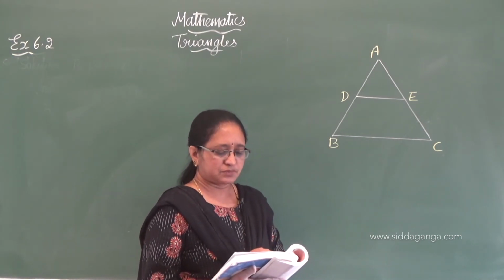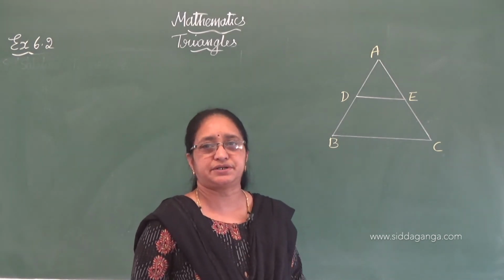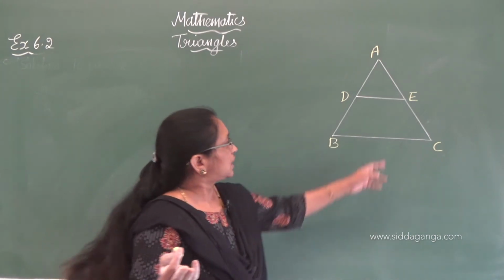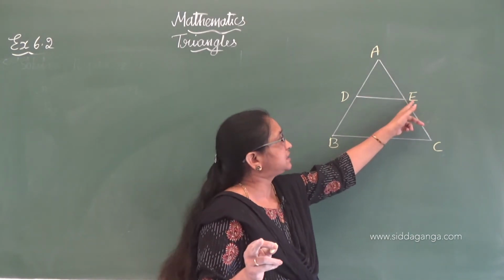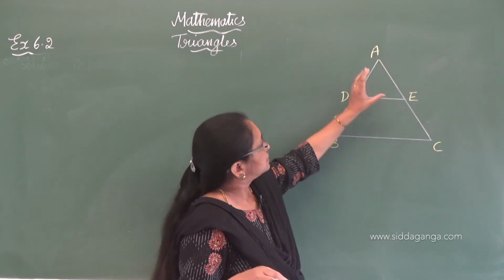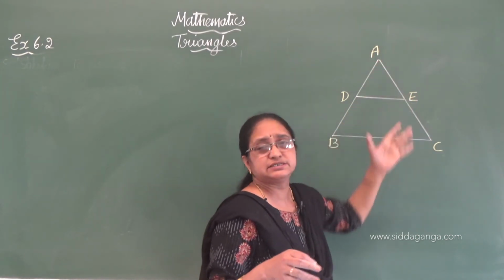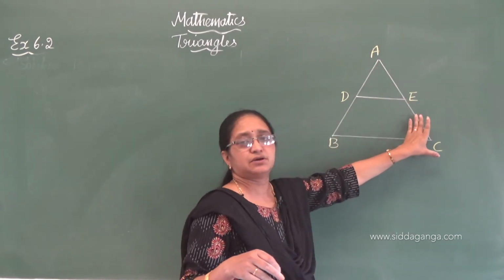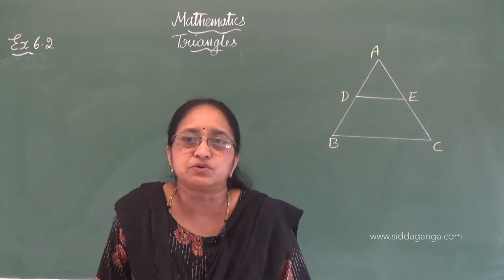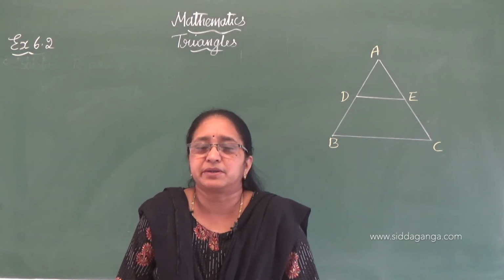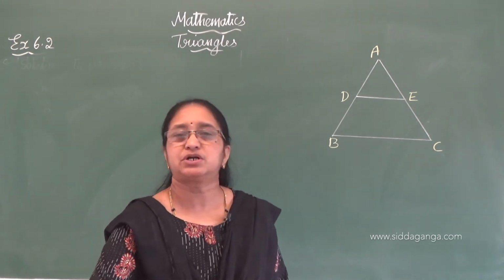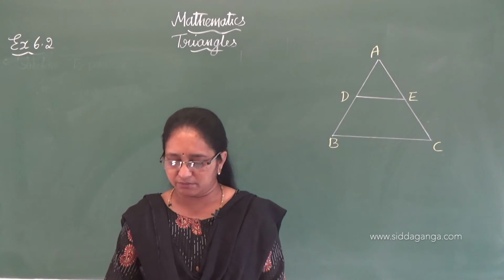Then see here, it bisects the third side. Bisects the third side means here, what is that? That is nothing but you have to prove that E is a midpoint of AC, or you can say that AE is equal to EC. If you prove AE is equal to EC, or E is a midpoint of AC, either of that, then this problem can be done. So let us start working. I hope you understood the question, and it is very important also.